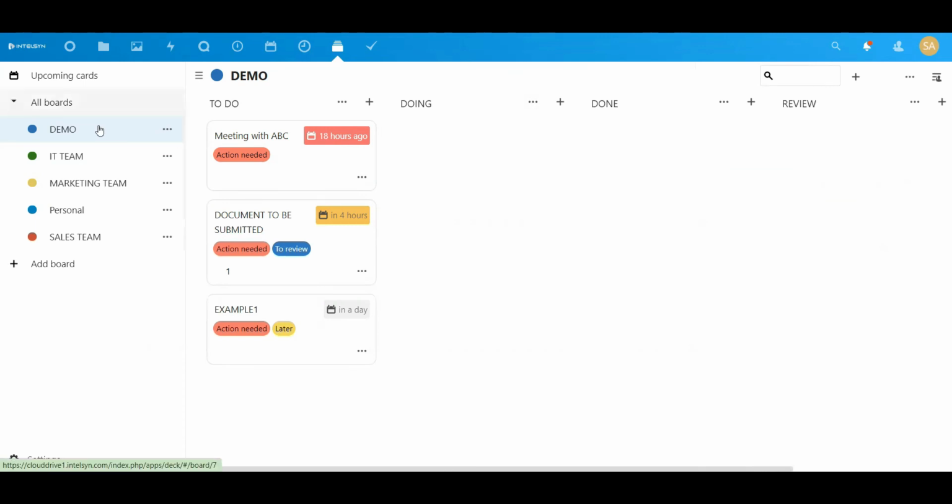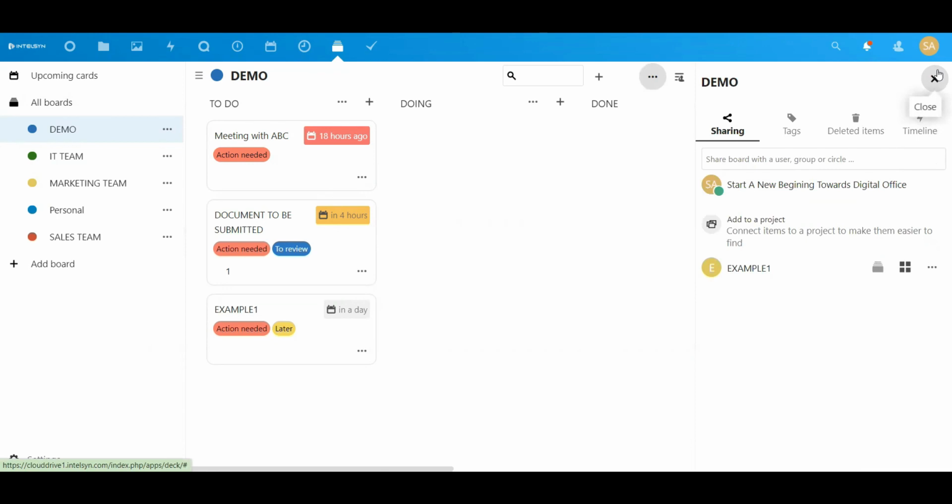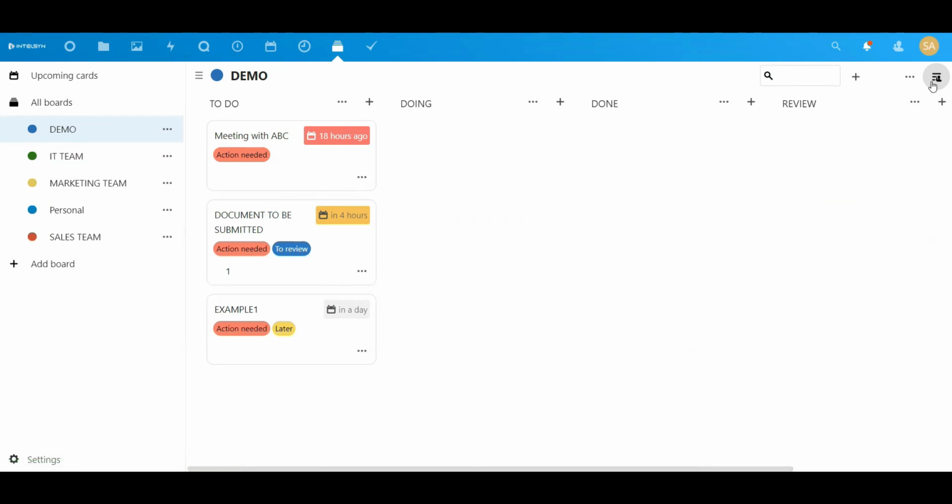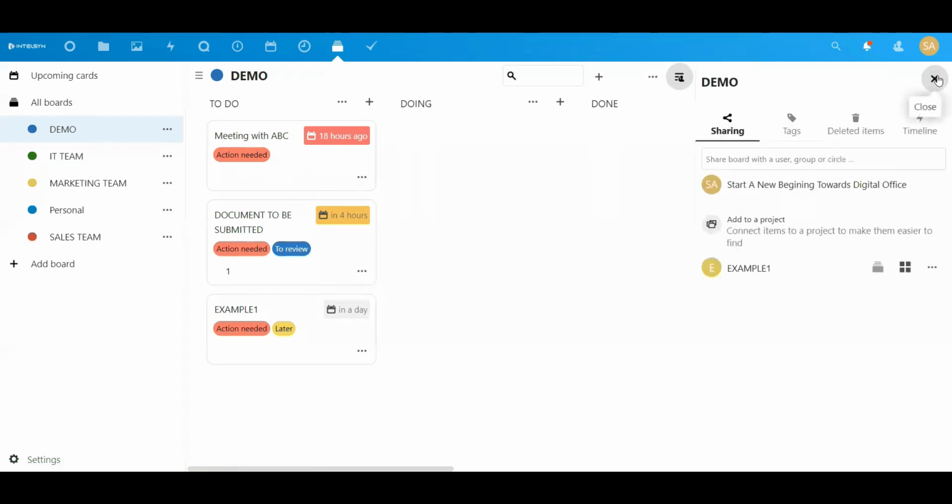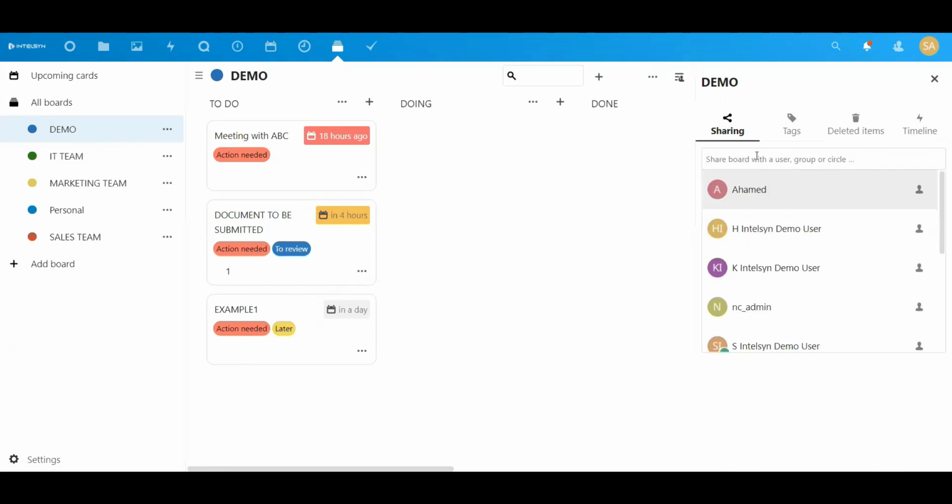Now here you can even archive the cards. The moment I click there, see here you can share this. When we click on demo, and when we click this one, you can share this entire board. The entire board gets shared with a group of users or whoever you want to share with.